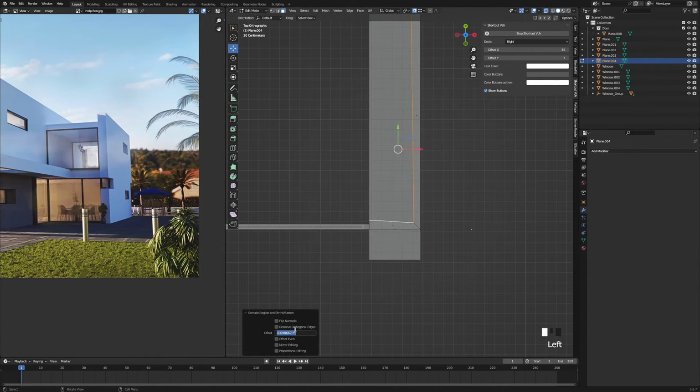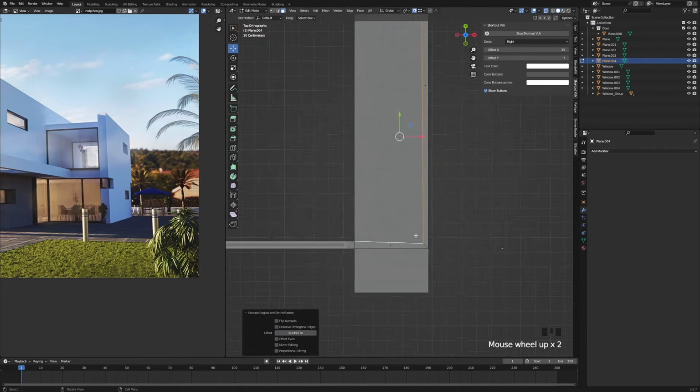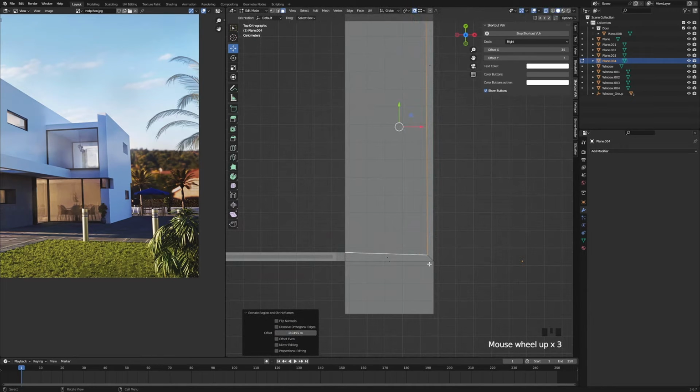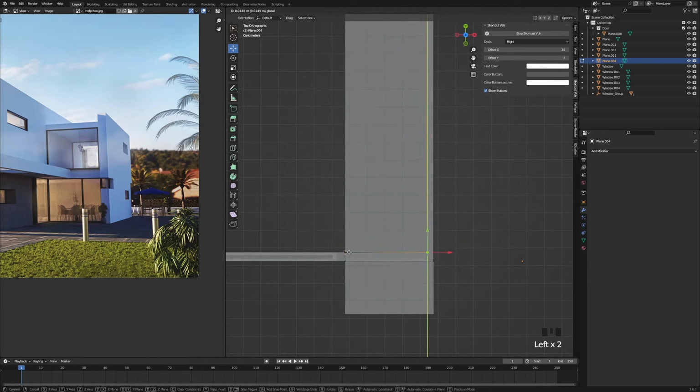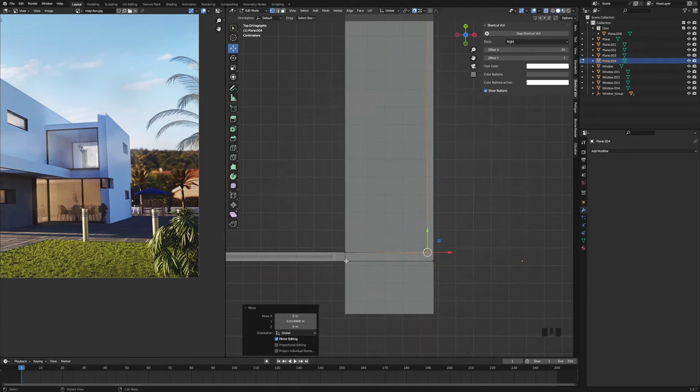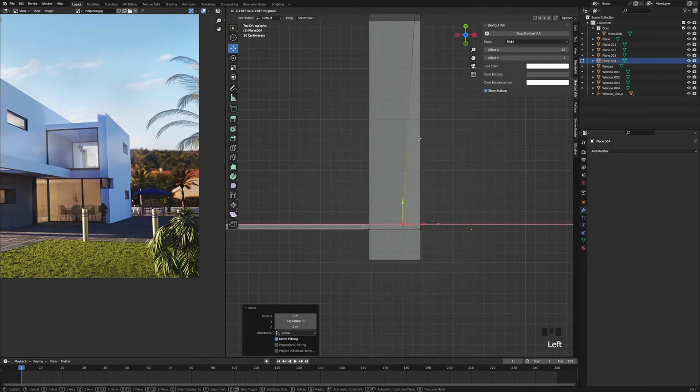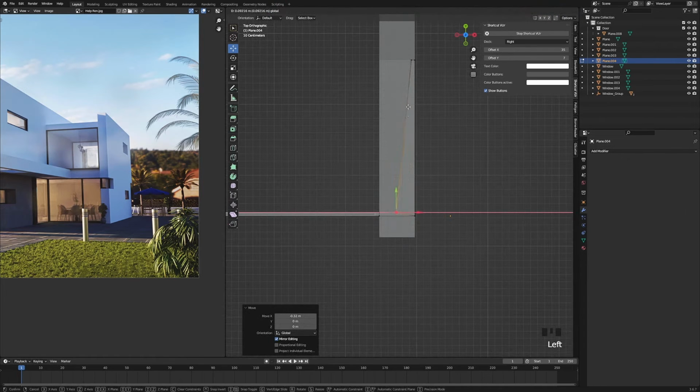I'm going to change the offset to minus 0.0495. And then I'm going to press 1 for vertices, select these 2 vertices here, and get them nice and straight with these over here, and do the same, move it along, and snap it to the vertices back here.